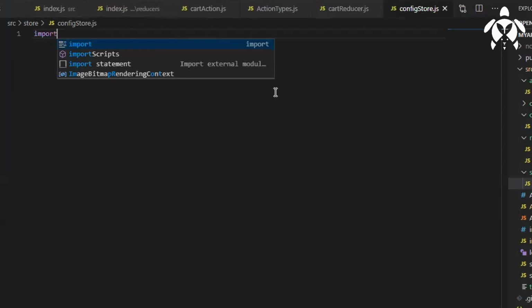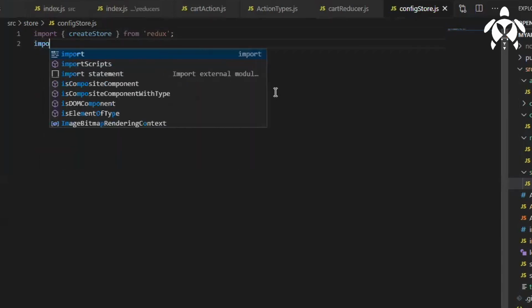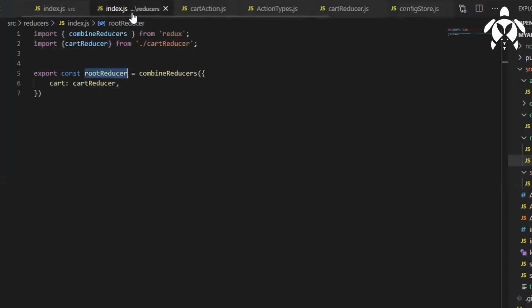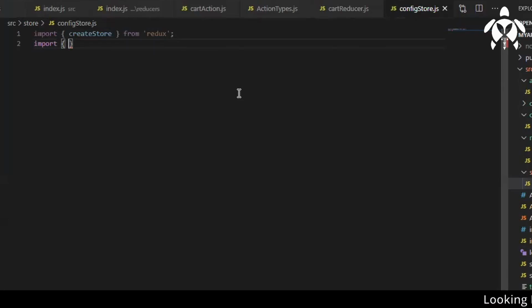So I'll write import createStore, which I think comes from Redux only. Redux, and then we'll import that reducer here only, this root reducer, because whatever the reducer is returning should be updated to your store. That is why we need that reducer.